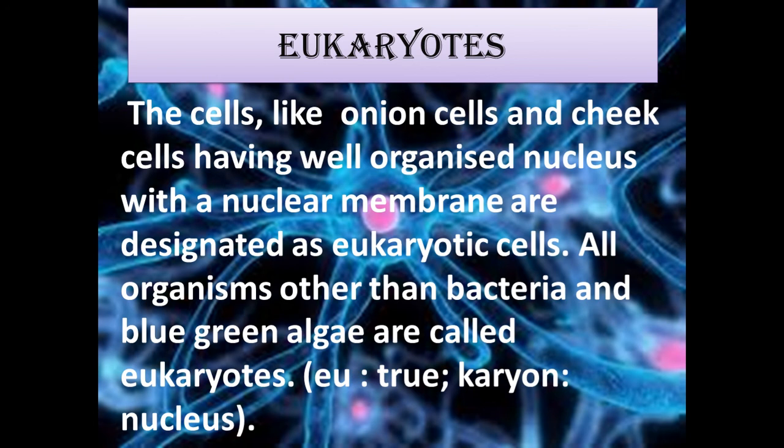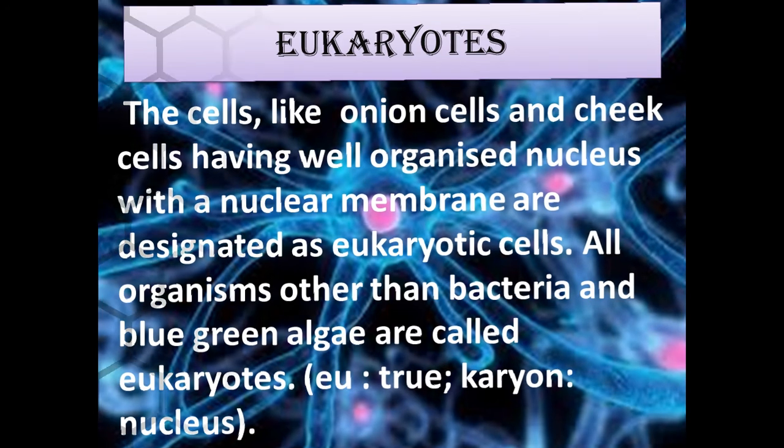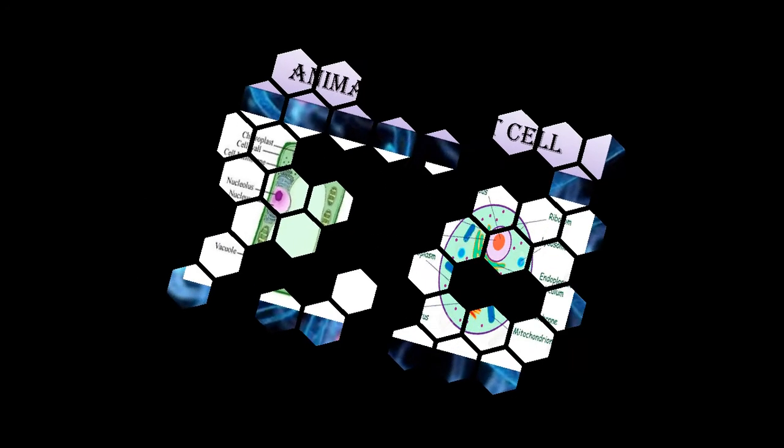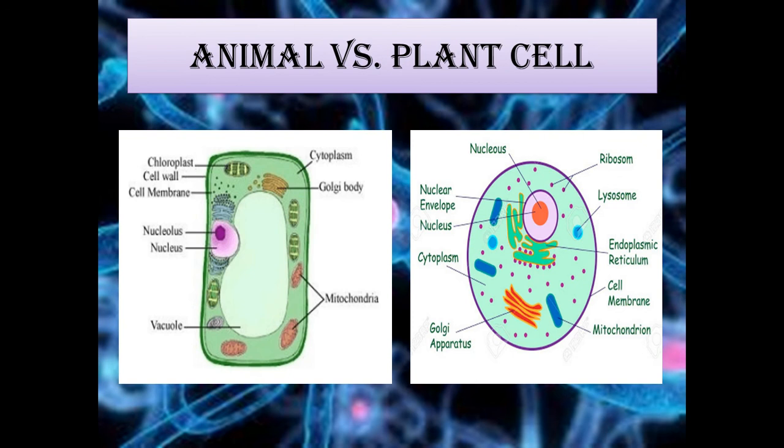The last topic of this chapter is animal versus plant cell, meaning the differences between plant and animal cells. The first difference is about the cell wall. As we have discussed, plants have an additional cell wall to provide protection against wind, current or water, but animals do not have a cell wall, they have only a cell membrane. Next, plastids, the color-giving bodies, are absent in animal cells but present in plant cells.